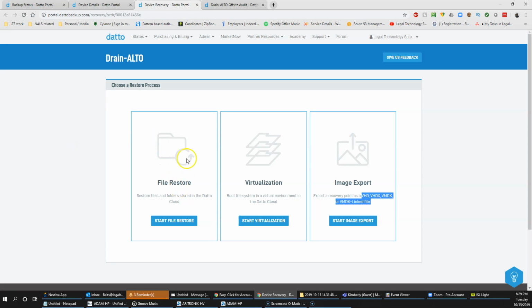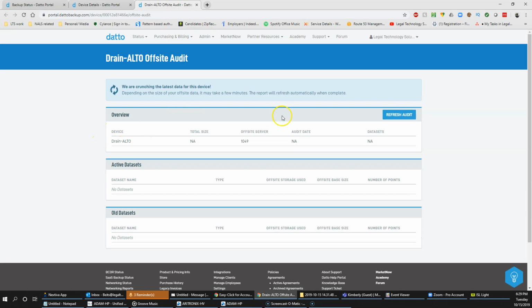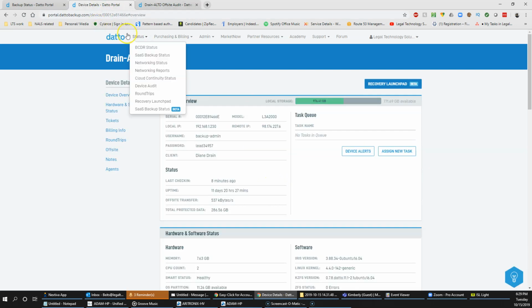So very simple platform for recovery here. And again, this is data that's backing up to a device that they provide in-house, the client's office, plus an offsite replication. The offsite audit takes some time. They're basically going through their servers and looking at all our backups. Back here,